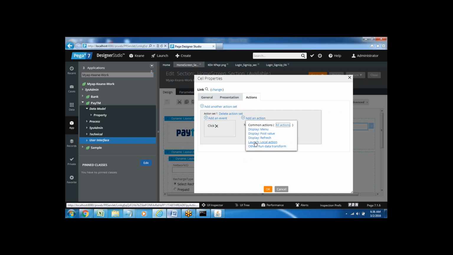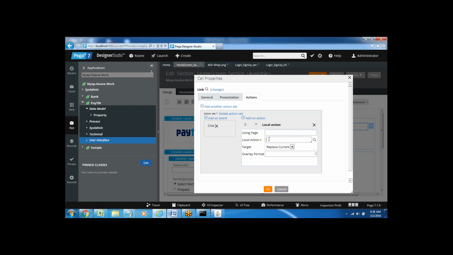If you click on this launch local action, it will ask you to configure the name of the flow action. Our flow action name is login or sign up flow action. Now, how do you want to display this page? You can replace the existing page, the current page, or display it in an overlay format, or in a modal dialog box. Here it is a login or sign up option, right? So I want to display a modal dialog box,